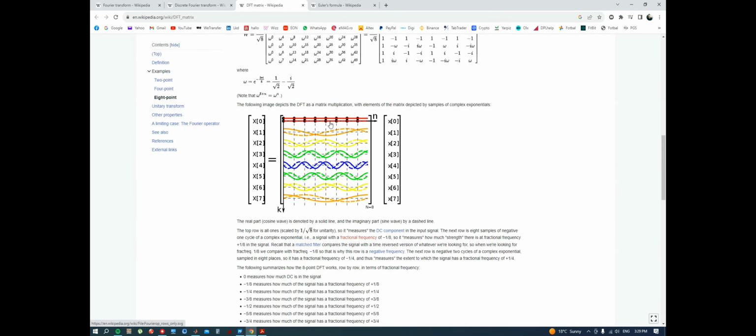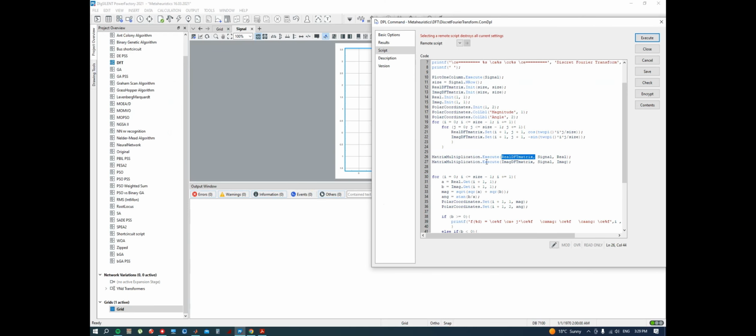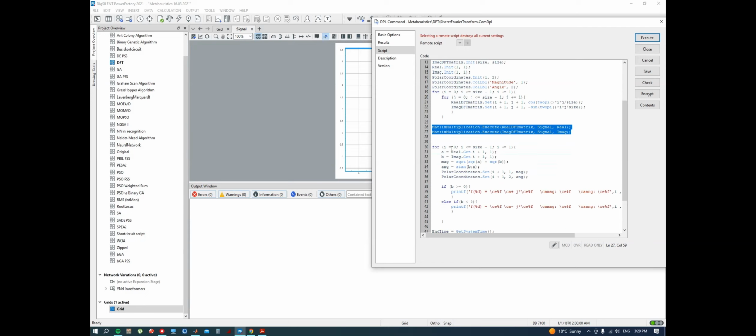DFT matrix with the signal, resulting in the frequency component vector. Here also we are going to have two matrices, one for the real part and one for the imaginary part. Okay, so this is the algorithm. Further, we have just how we plotted the